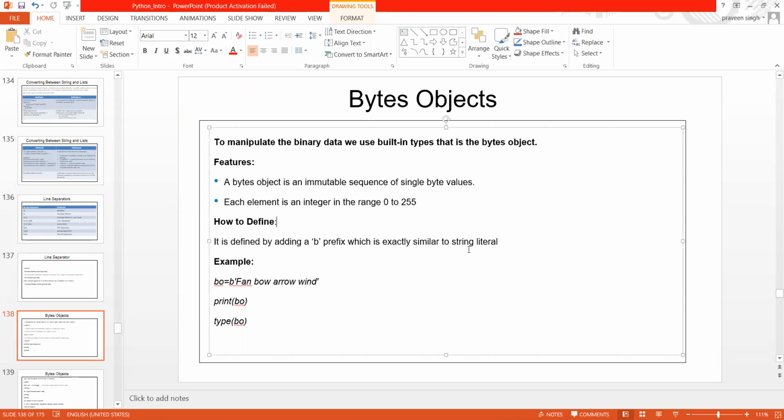To manipulate binary data, we use a built-in type, that is nothing but the bytes object. When we try to manipulate binary data, what are we going to use? The bytes object. Okay.